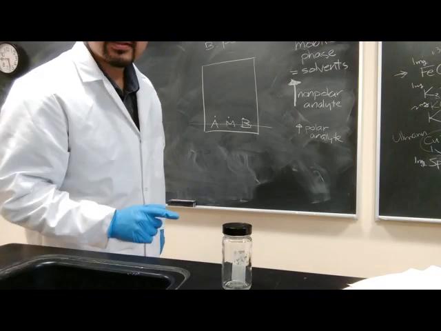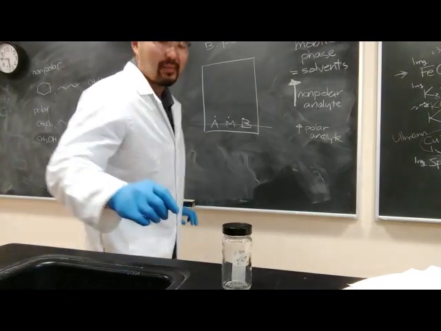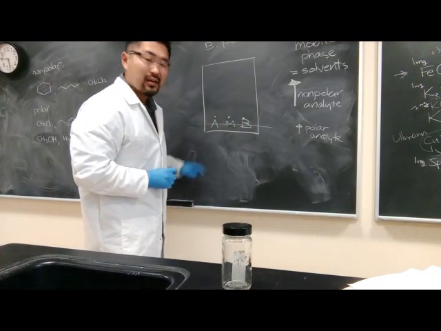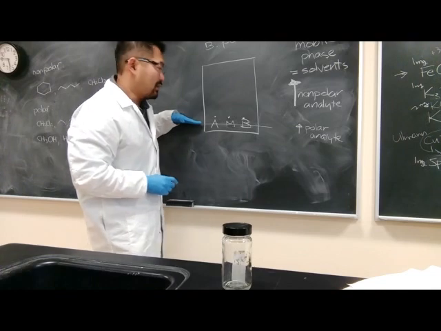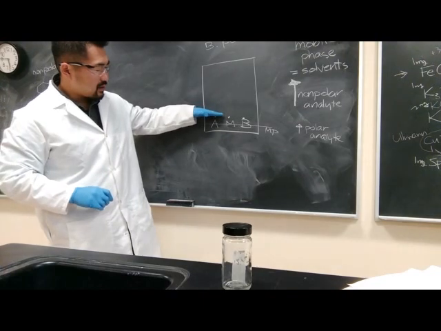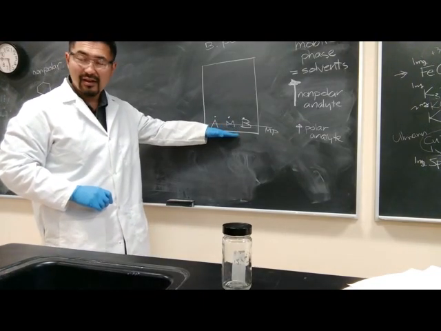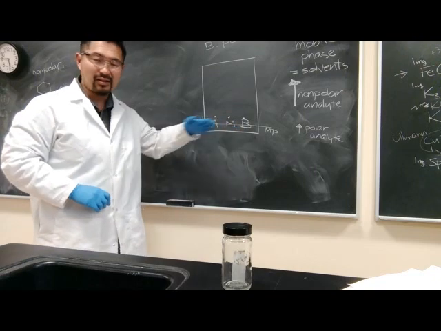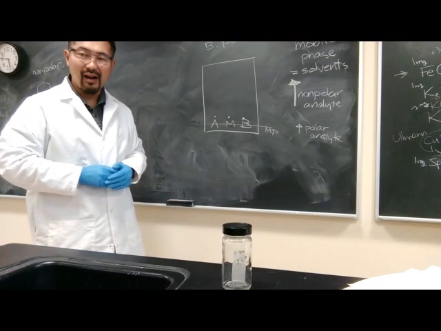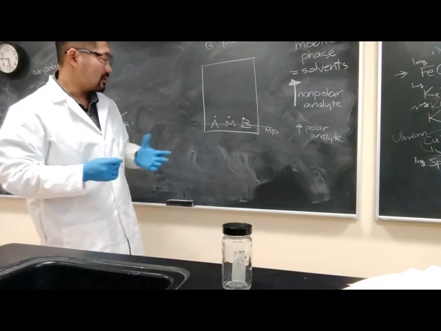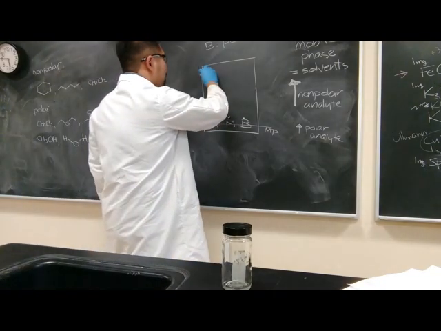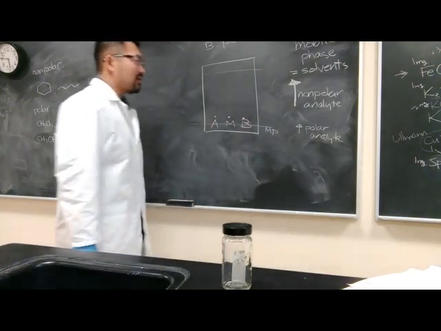When I place this TLC plate in there, it's really important that the dots where you spotted your samples are above the solvent line. So this is your mobile phase solvent surface. They need to be above. If they're immersed in the solvent, the samples will just dissolve into the solvent and will not go up the TLC plate, and you will get a really awful TLC development. So make sure that the dots are above the solvent, and after a few minutes, the solvent will